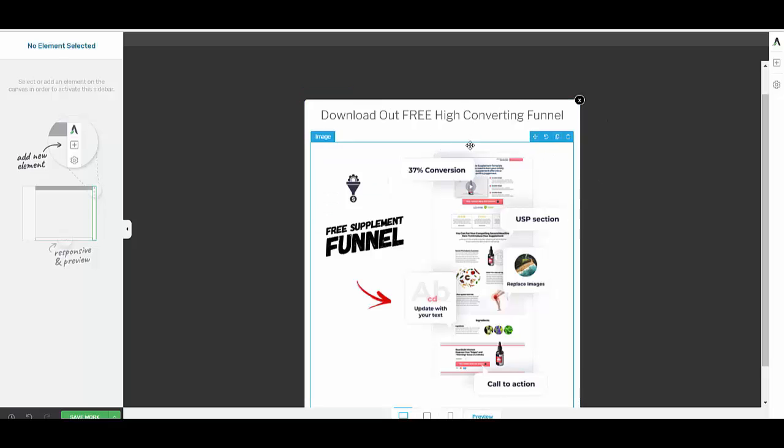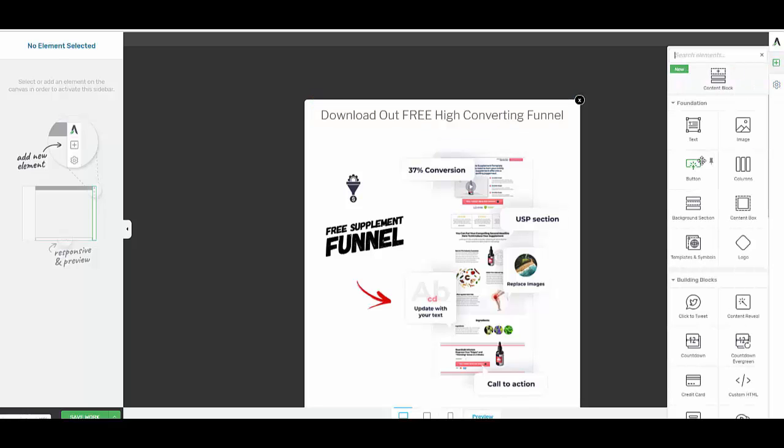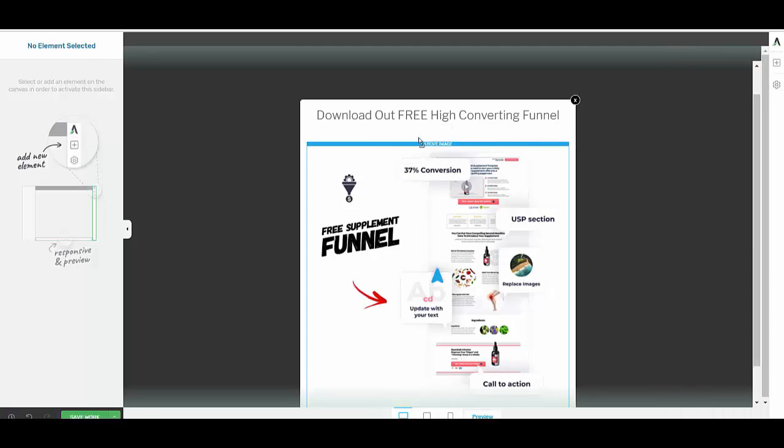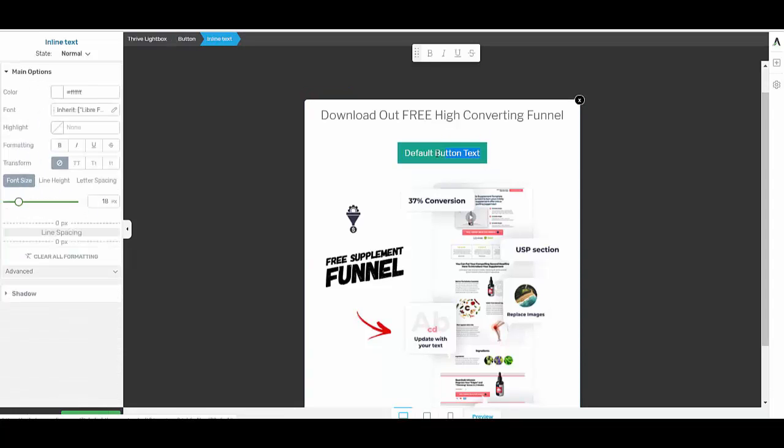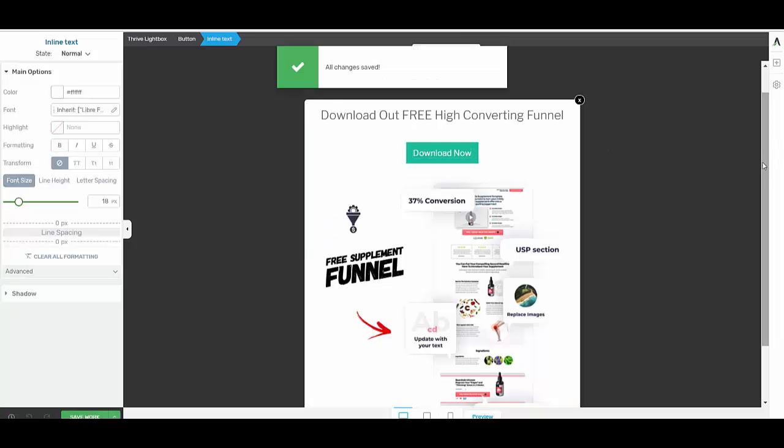I'm going to insert the download button right underneath here. Okay, so go over here, insert button. Okay, and we're just going to edit that text. Download now, and I'm going to save that work. Okay, let that save,